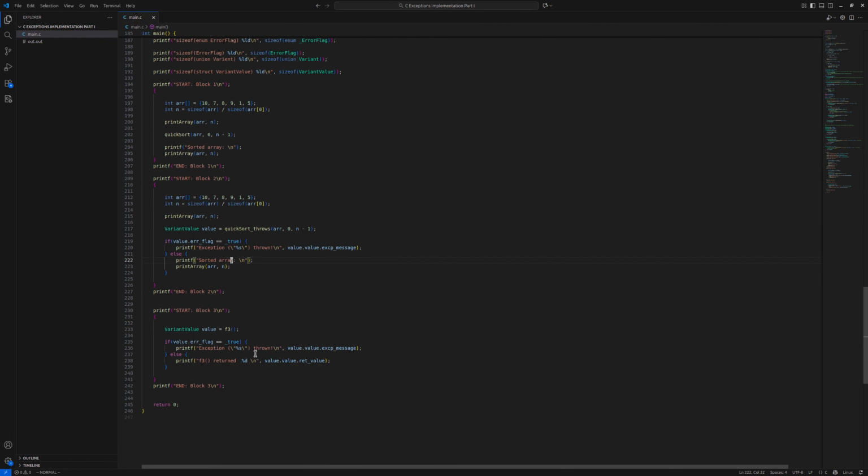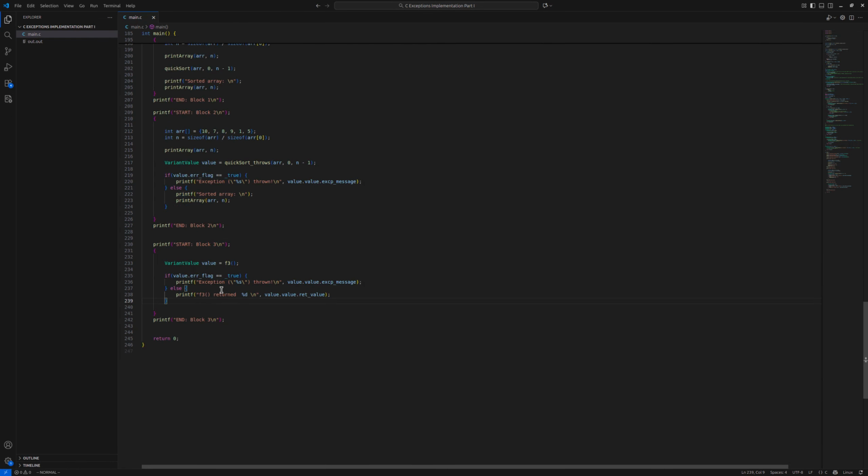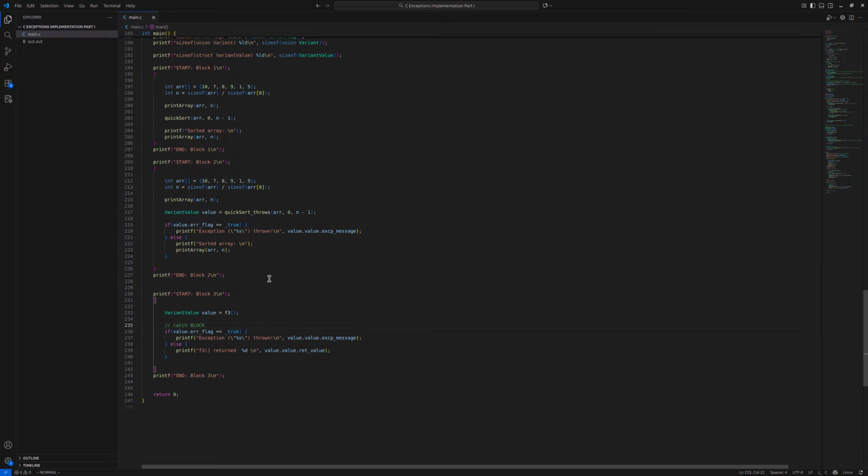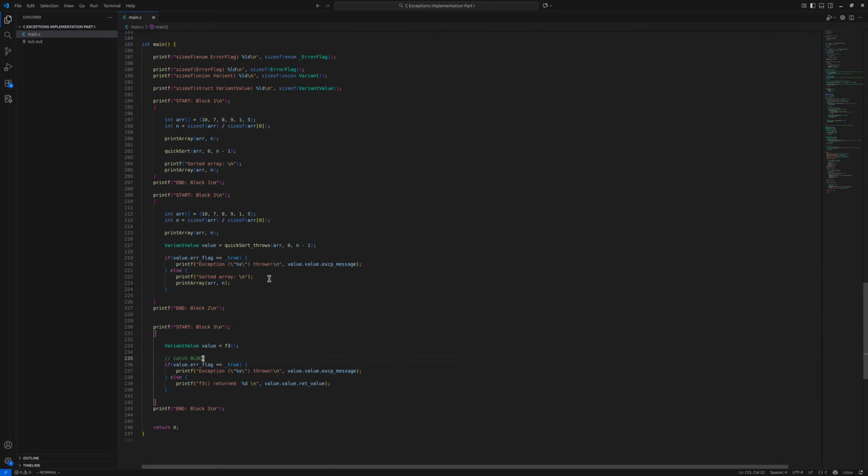And so I'm throwing here, so this is the catch block. But you might be wondering, okay, is this a finally block? No, it's not a finally block. It is almost like a try block, because now we have successfully returned